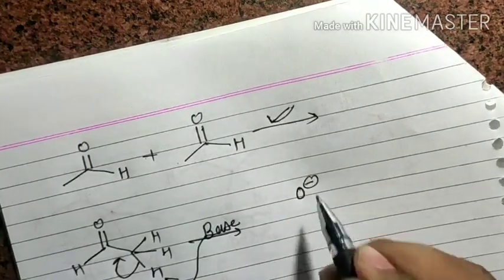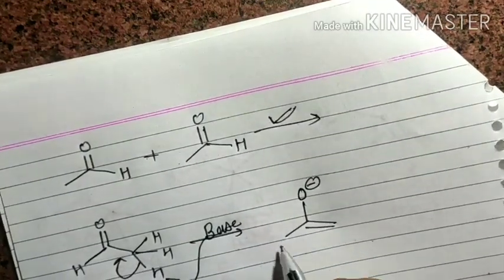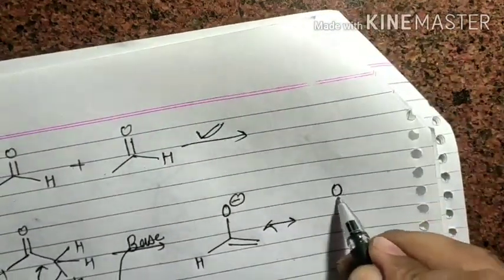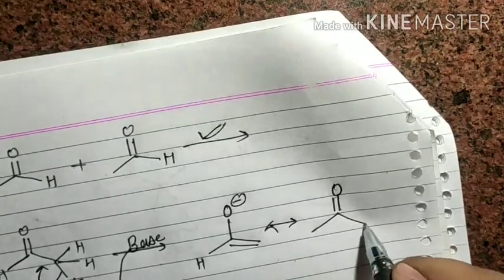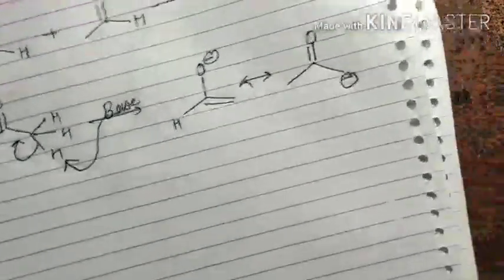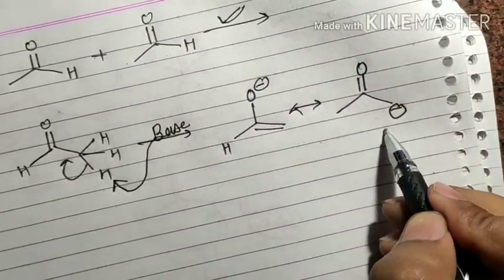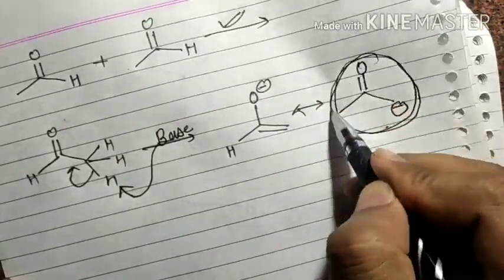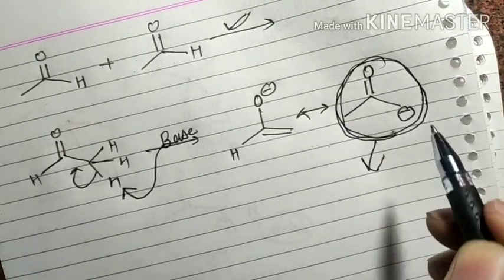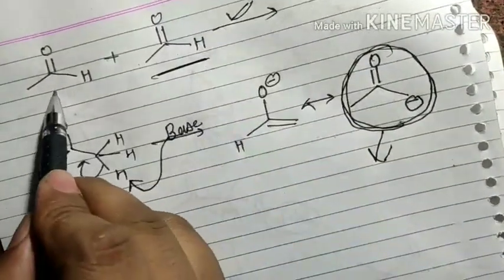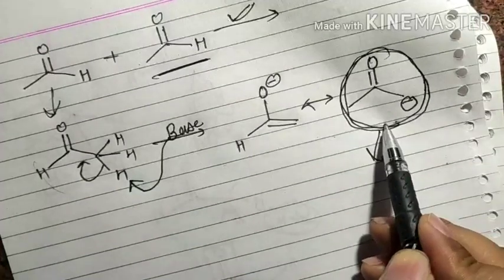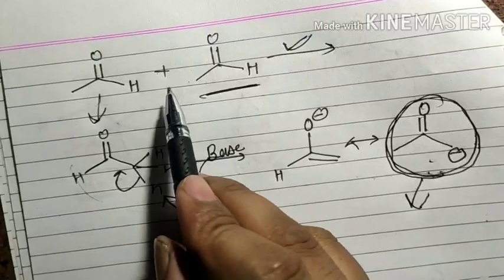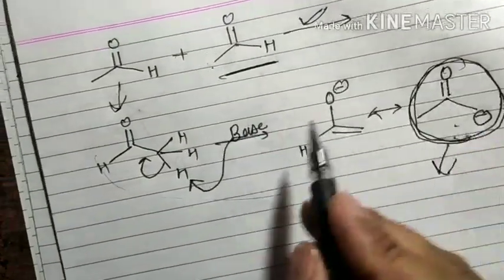So the enolate is formed here, O minus double bond. This one is hydrogen, and this is resonance stabilized, as you know previously. So this is double bond O and this is negative. I told you previously that this may behave as a nucleophile. This system behaves as a nucleophile on another molecule of aldehyde, because one molecule takes part in the formation of enolate, and the enolate is a carbon nucleophile, and this nucleophile attacks the carbonyl center of another molecule to give the addition product.